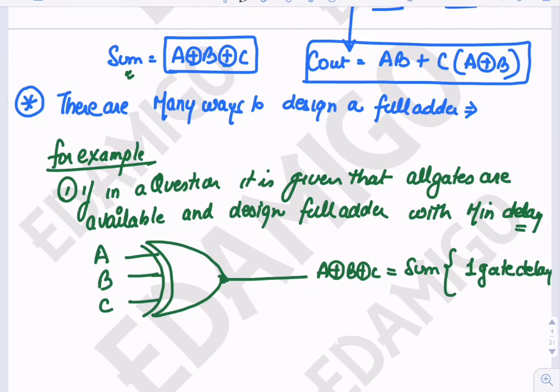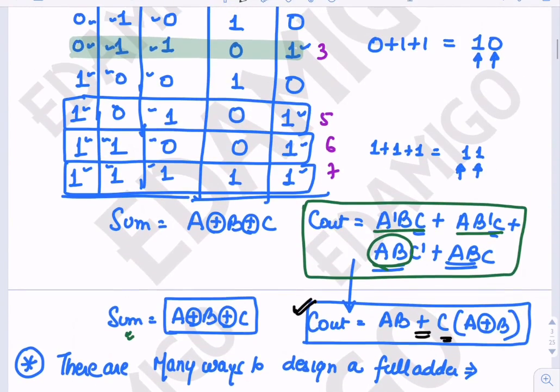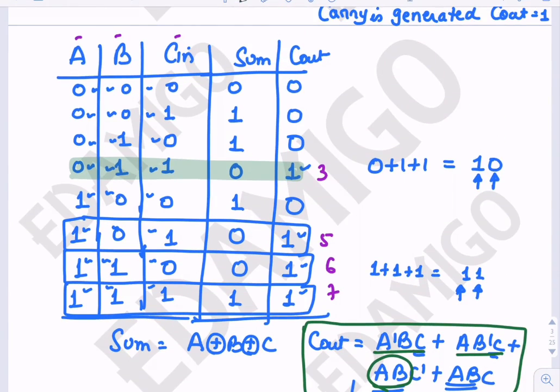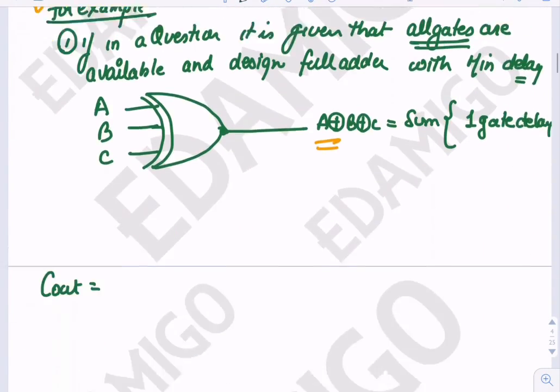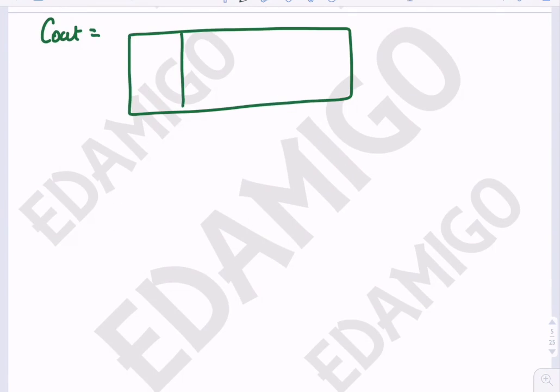Only one gate delay is needed. Now we know that C out is, as we can see, since A, B, C in are the inputs, equal to 1 when the input value is 3, 5, 6 and 7. So if we simplify this, then we can see that it is